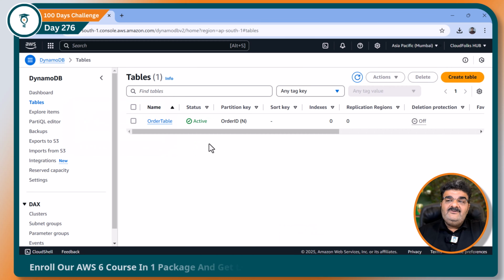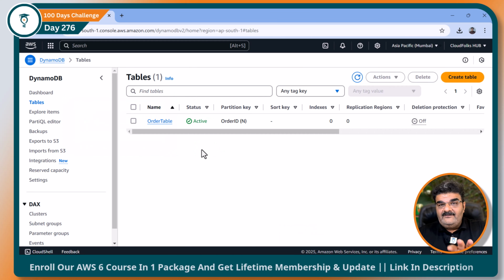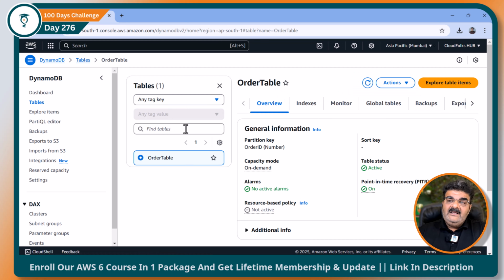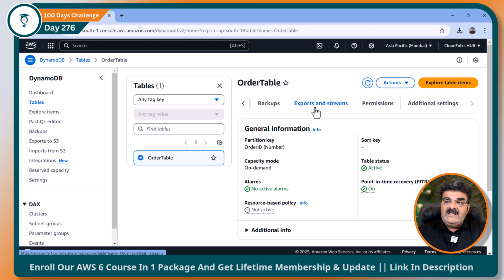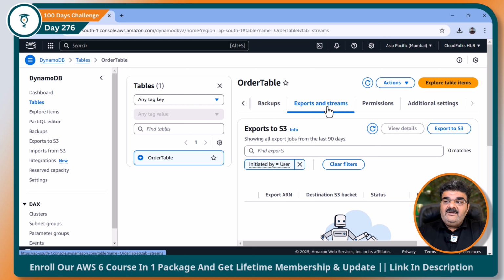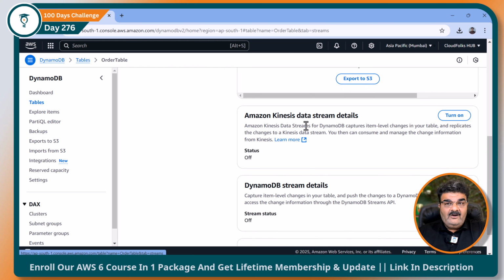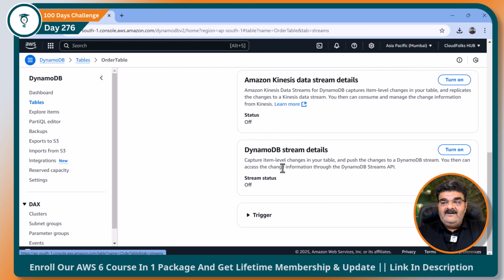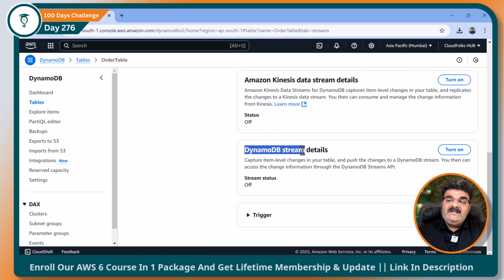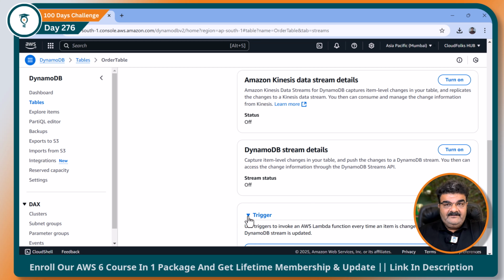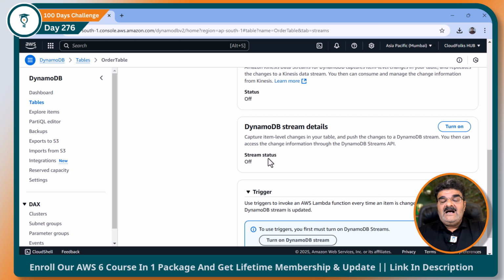Before I explain these particular features, I want you to find out where we are getting this from. So here I have one DynamoDB table named order table. If you go to this table, you will have many tabs, and one of the tabs is exports and stream. When you click on this, we have two streaming options. One, Amazon Kinesis. We will discuss this in an upcoming video, but today we are going to discuss DynamoDB Stream and Trigger. These two features actually work together, and that's why we are going to discuss both of them in